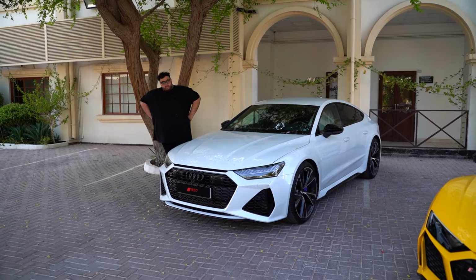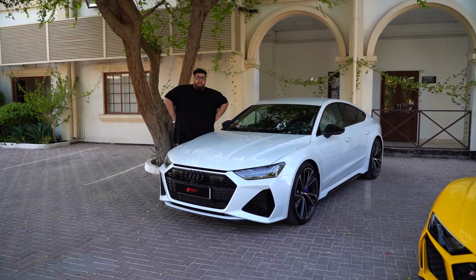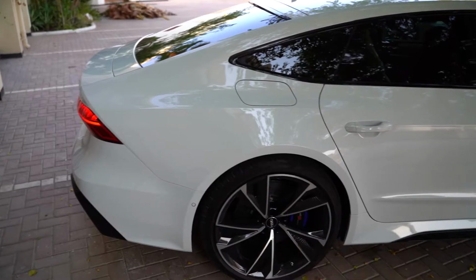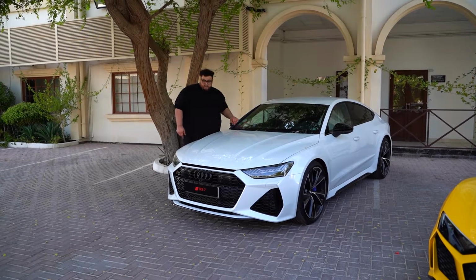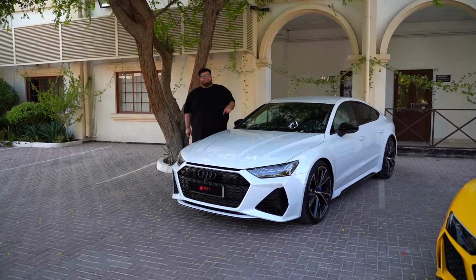I really do like the spec of this car. They've gone away from what's Audi. When you think Audi RS car, you think Nardo Grey, black pack. This car, they've changed the status quo. White car, with a black pack. Yes, it has the black pack. But the wheels...